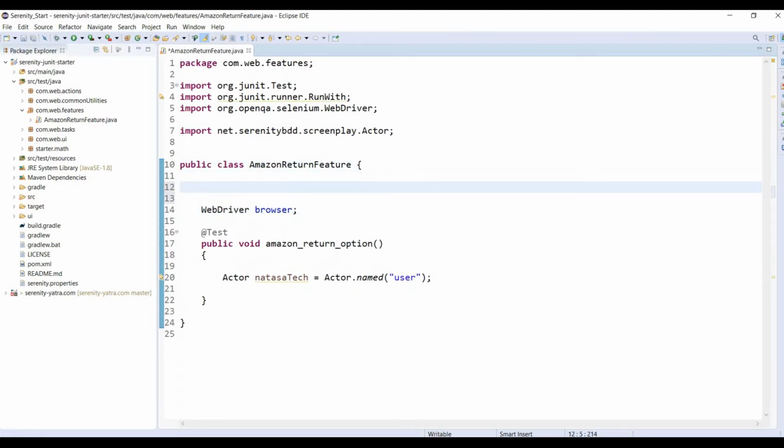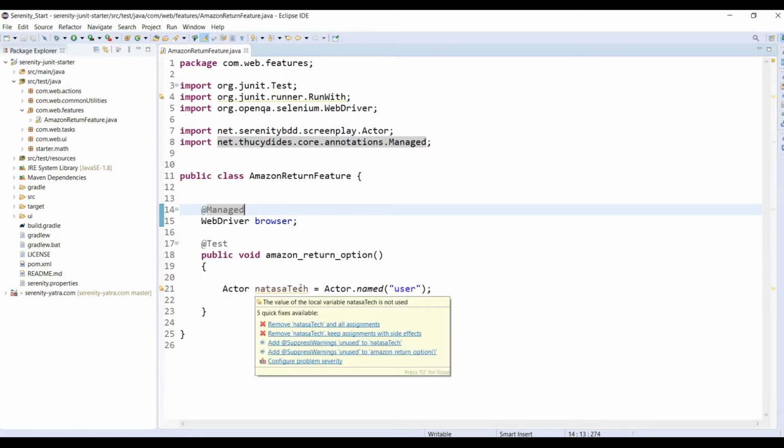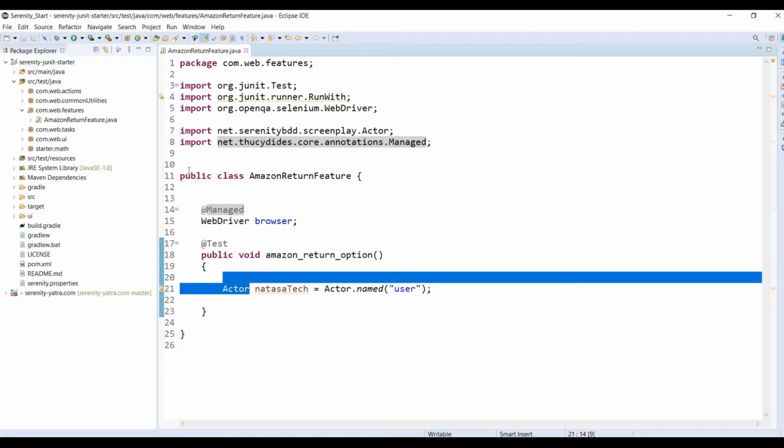Serenity provides one annotation, which is Managed. Using this Managed annotation, we can manage all the test method tasks. So we just define this Managed annotation, and now we have successfully created the interface also. Next, how will it run all these actions? With the help of the Serenity runner only, we can execute all the methods of the class.